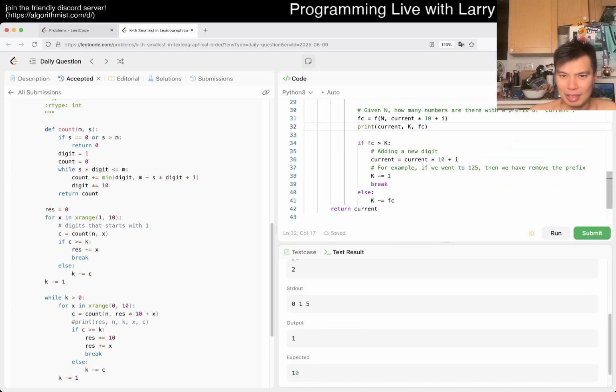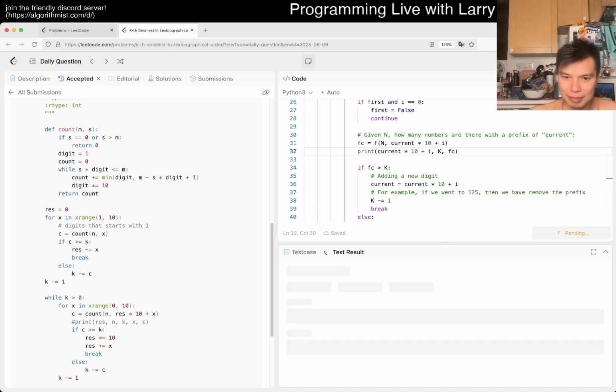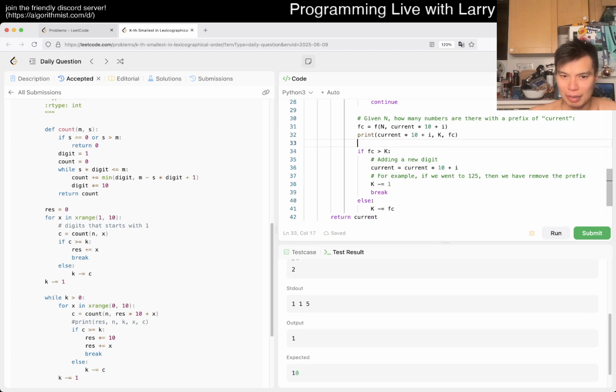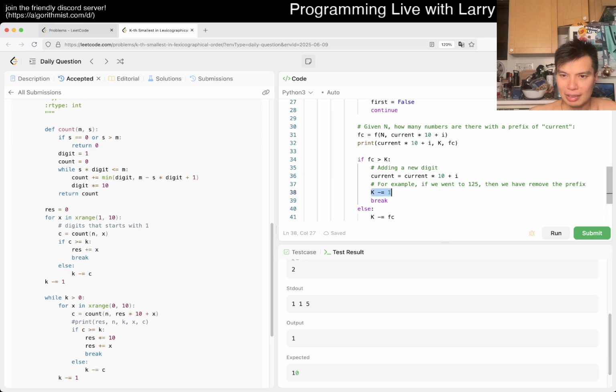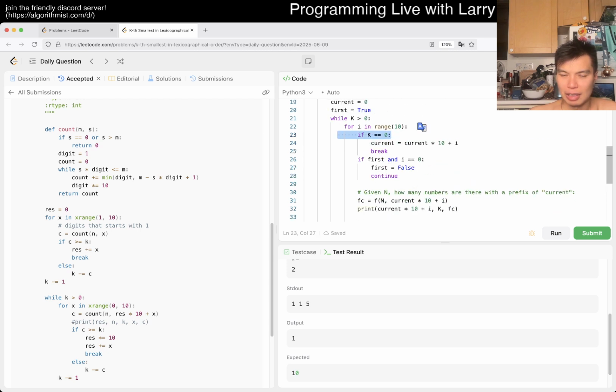But yeah, okay, so, well, this doesn't make sense anymore, so this is the prefix, right? So 115 is still same as before, so that's good. FC is 5, so then now we do this. So then now it goes to 1, right? And then we subtract the 1 prefix, and then now this is 0. So then now,